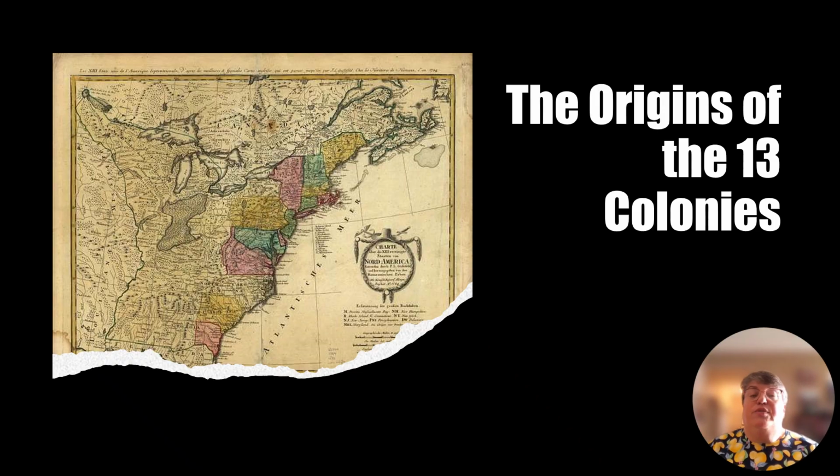These colonies, from as far south as Georgia to as far north as New Hampshire and what is now Vermont and Maine, were founded for many different reasons and by many different individuals and groups. Some colonies were founded on the idea of freedom of religion, while others were simply founded to find wealth in the colony's resources. By 1733, all of the 13 colonies were under British rule and fell into three geographic areas: New England, the Mid Atlantic, and the Southern colonies.